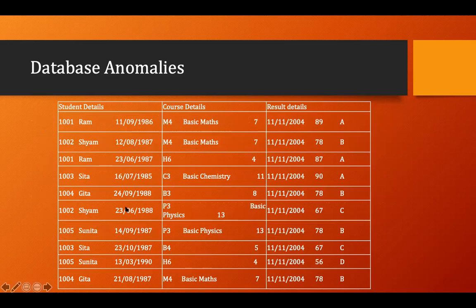It says that in this particular table, we cannot insert those courses which are not registered by a student. You know that when we insert any tuple or row in the table, we have to fill each and every attribute in the row, right? So if I want to insert course detail which is not yet registered, let's say some faculty has proposed a new course, but that new course is not registered by any student, this database cannot accept that data.